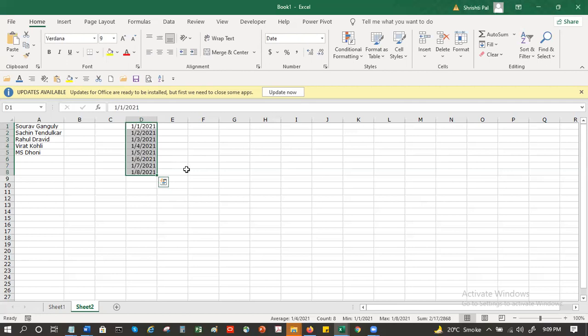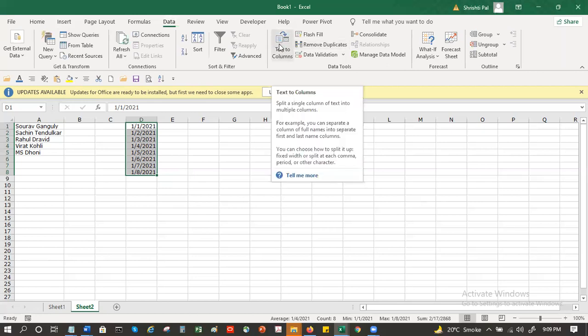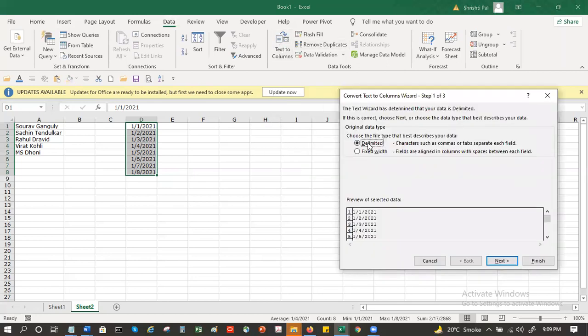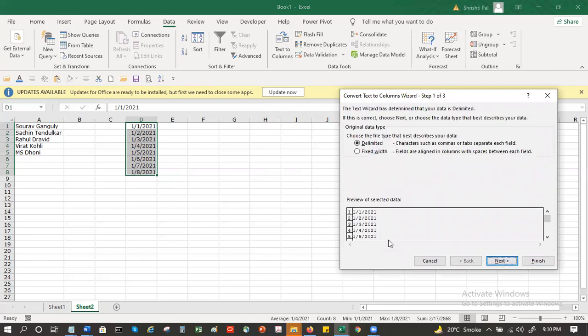No, that's fine. You use this feature that I just now showed you. Text to column, make it delimited. What is the delimiter here? Slash. So I say next. If it is fixed width, the first one is fine.